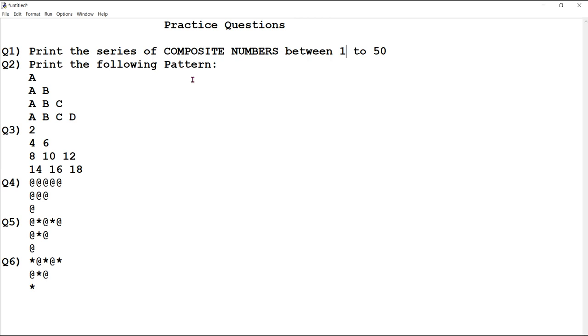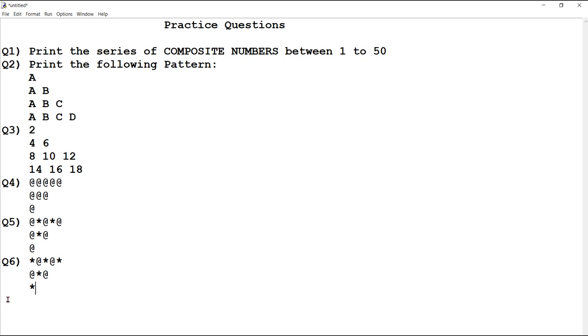In iteration or looping, there are endless questions. You can even create the questions and do them. You can get the questions on the net, or in books, or elsewhere, many sources are there. So a few questions, 6 questions: a few are of pattern, A, B, C, D pattern, 2, 4, 6, then 4, 5, 6 is printing special characters in a different manner. So if you see, every question is different. Some questions look the same, but actually they are different.